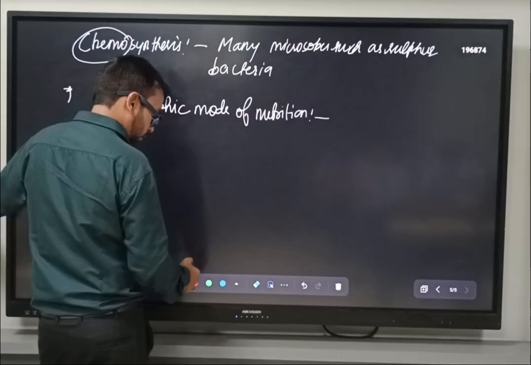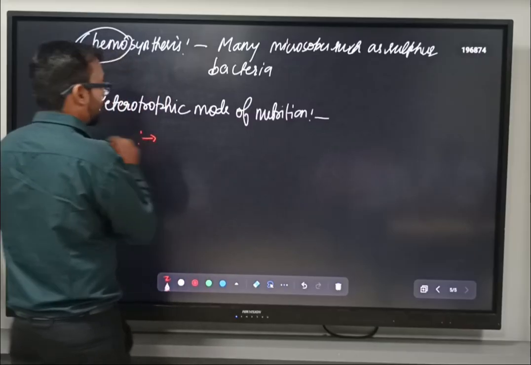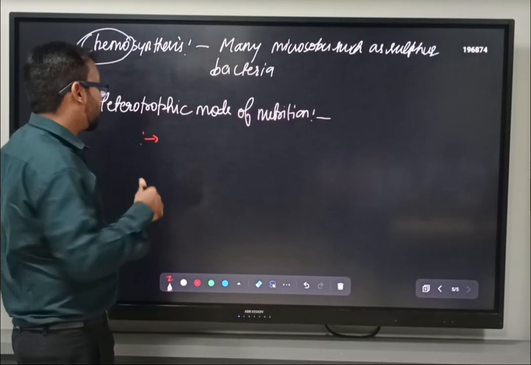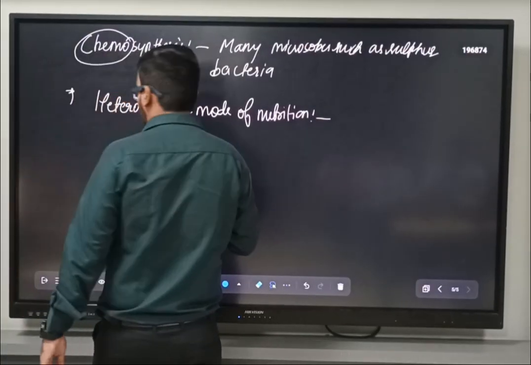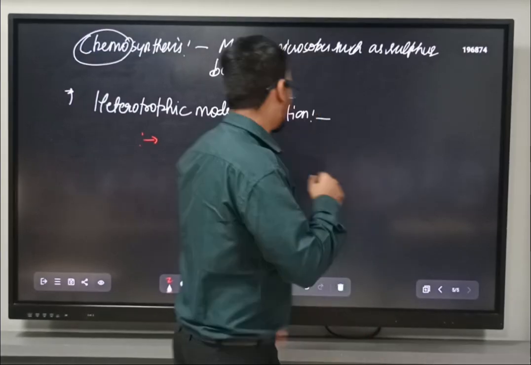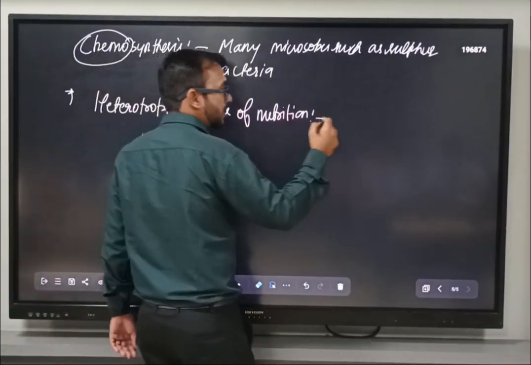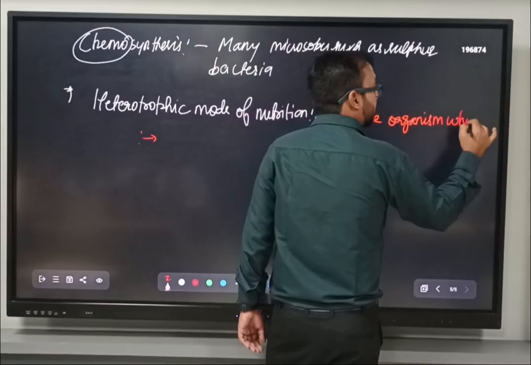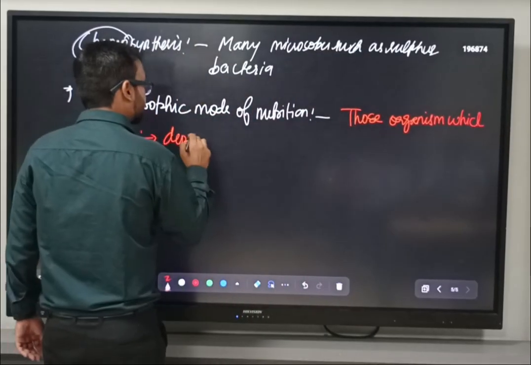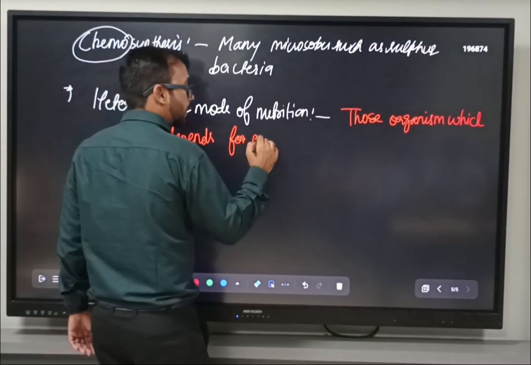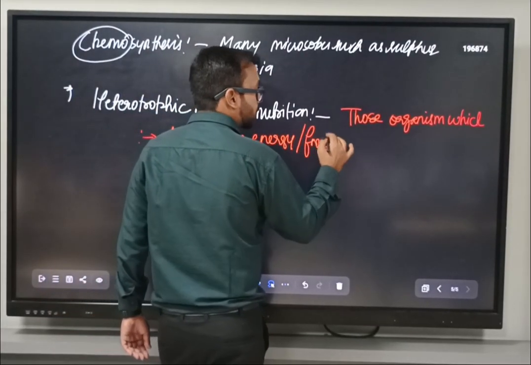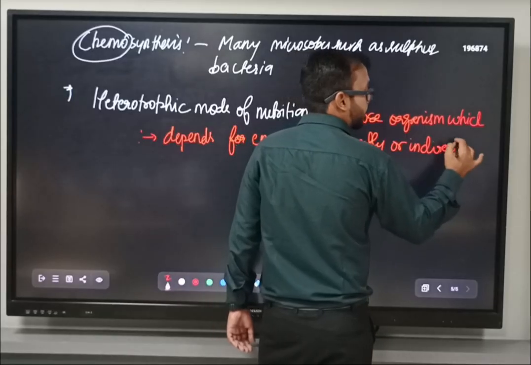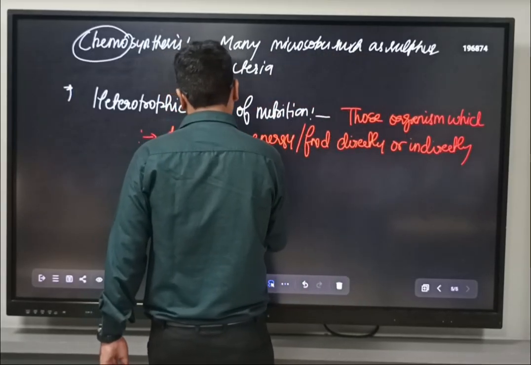If we have to say heterotrophic mode of nutrition, सच एज हम एग्जांपल ले सकते हैं एक स्टूडेंट और एक चाइल्ड, जो नॉर्मली अपना फूड खुद नहीं बना सकते, सो दे आर कॉल्ड हेटरोट्रोपिक. Since all animals are called heterotrophic because they are not able to produce their own food. So how do we define the heterotrophic mode of nutrition? Those organisms which depend for energy or food, directly or indirectly, on autotrophs